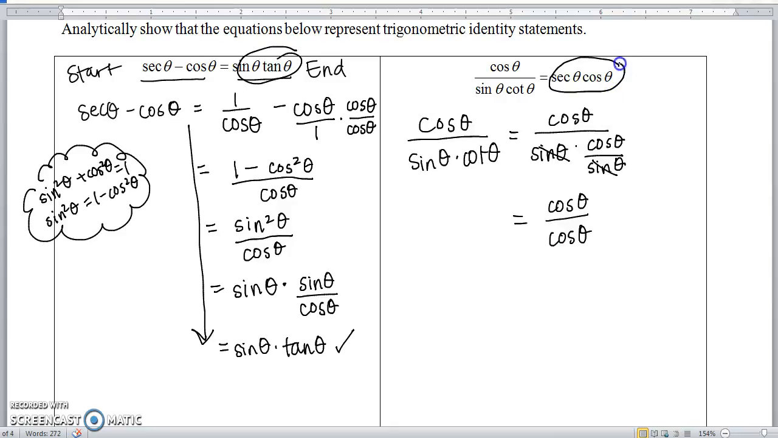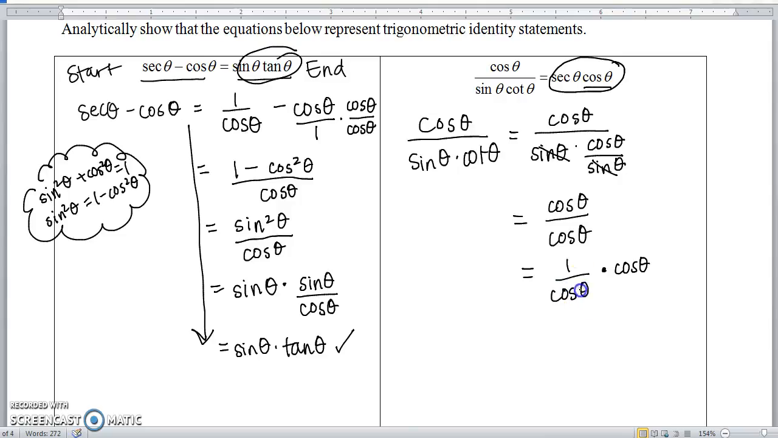We're trying to get to secant of theta times cosine of theta. So we want to take this expression here and make it look like secant of theta cosine theta. So we're going to separate this into 2 parts. We know our second part has to be a cosine of theta. So that means our first part, if we took the cosine of theta from the top, our first part is